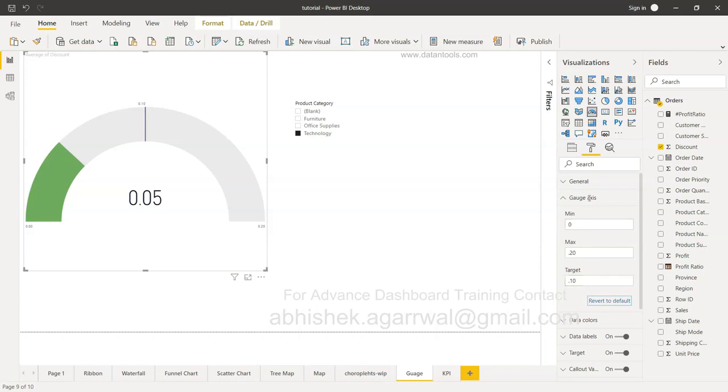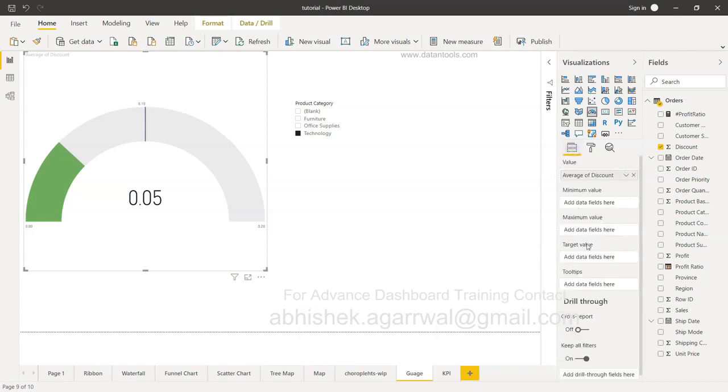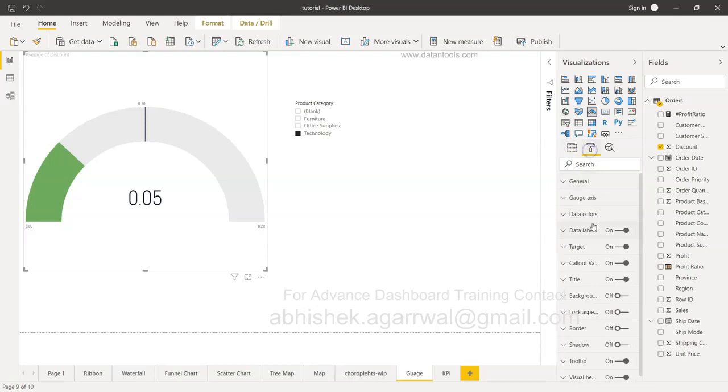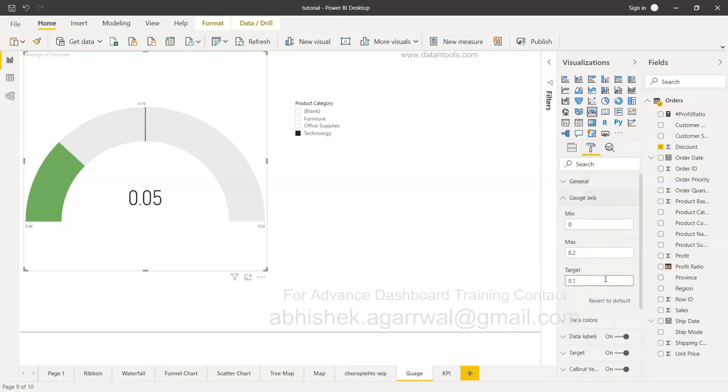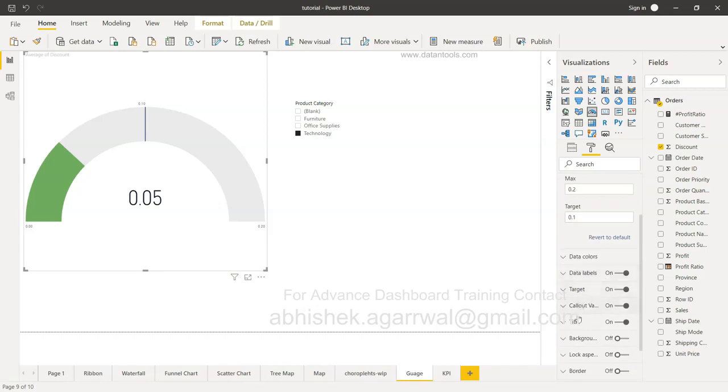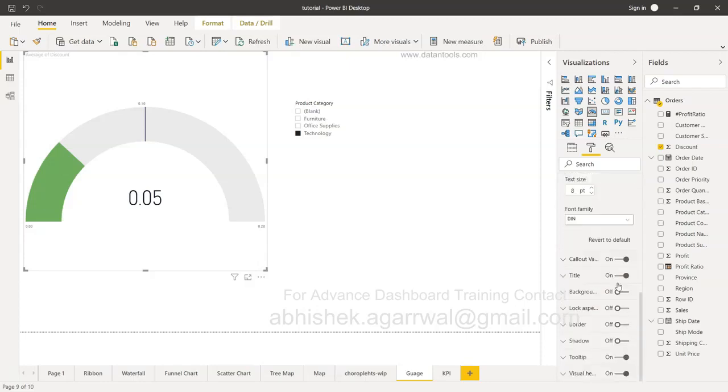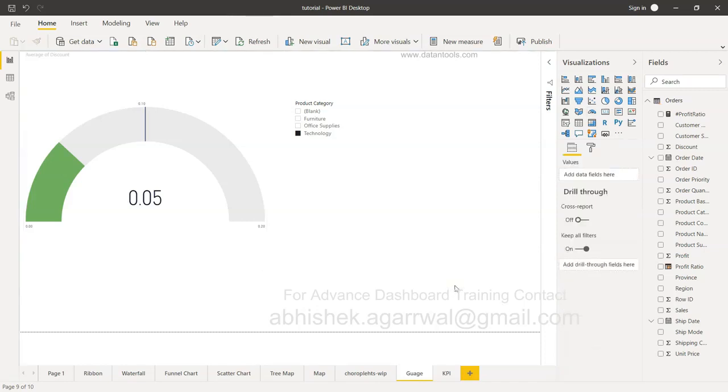So with the help of this gauge axis, if minimum, maximum and target value is not present here, then only these three fields will be enabled, otherwise not. But that's about how you can configure the settings, or how you can configure the values within the gauge chart. Also down there, if you see, there is a target. It's about the formatting of the target, and then a couple more formatting options, which is pretty regular when you have the other charts. So I'm not putting it over here, but that's very quickly about how you can create